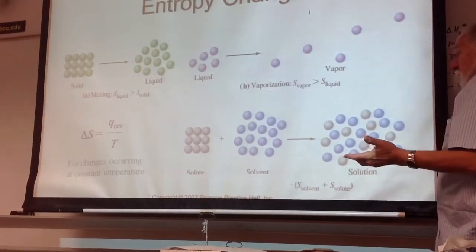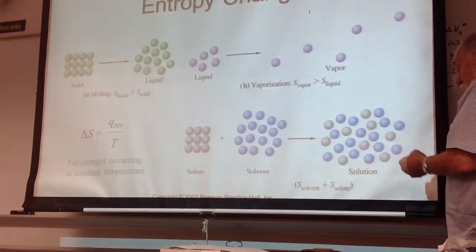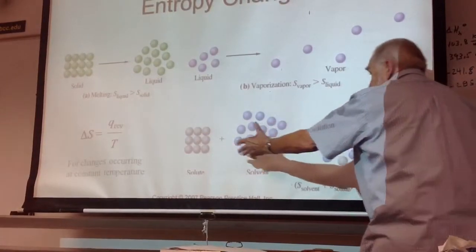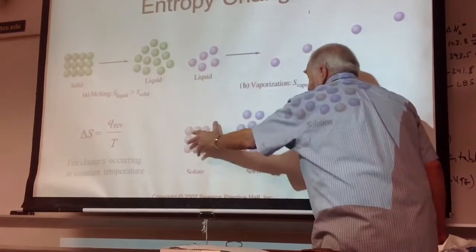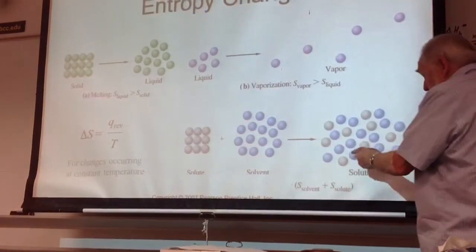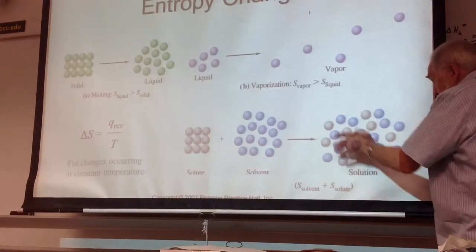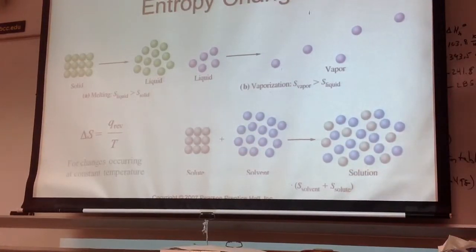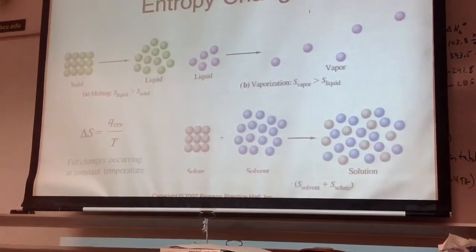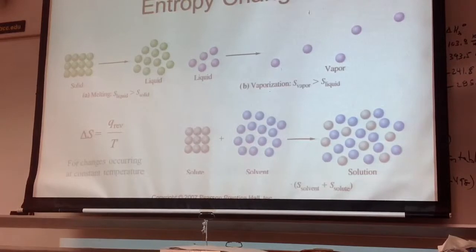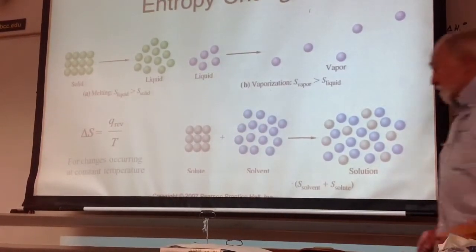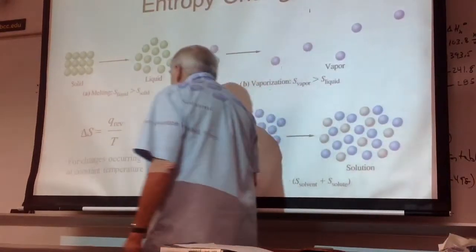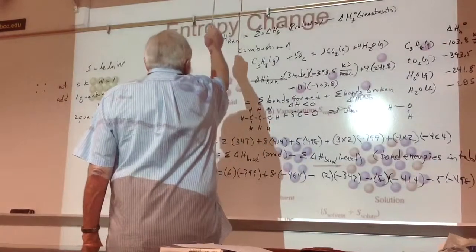He also talks about going from a solute to a solution, and here the solute is packed together before it starts dissolving. Here's your liquid. This is a relatively organized state compared to the solution state, where the solute particles are distributed randomly throughout the solvent particles. So when you dissolve something, the entropy of the system increases. These are all just general statements, because some of the problems give you reactions, where you're supposed to figure out or estimate the entropy change.